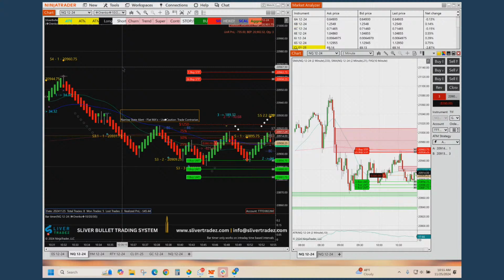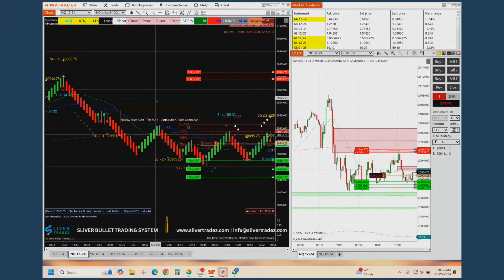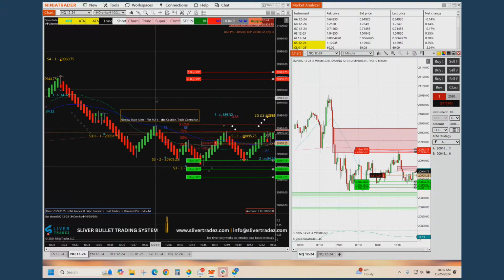And if the market goes against you, turn the scaling on and let the trade play out and get you out of break even. Get you out for break even.